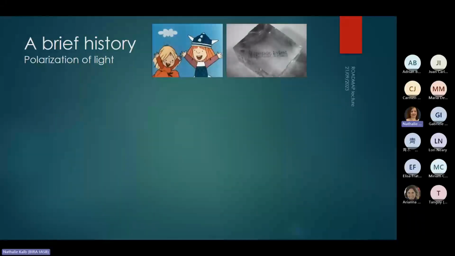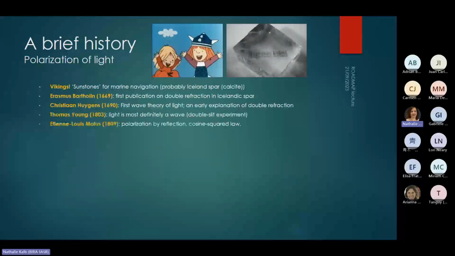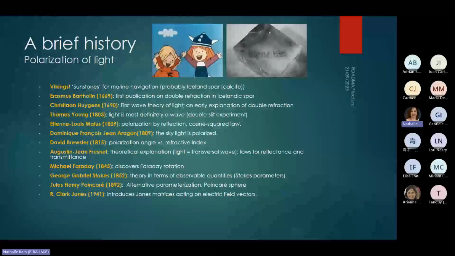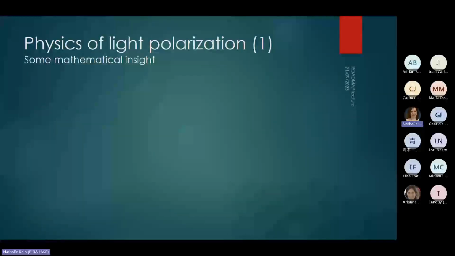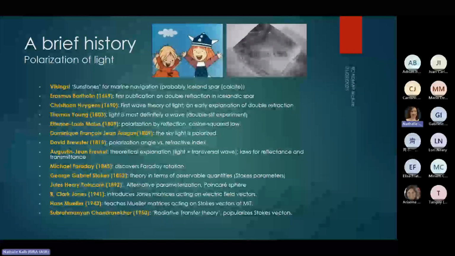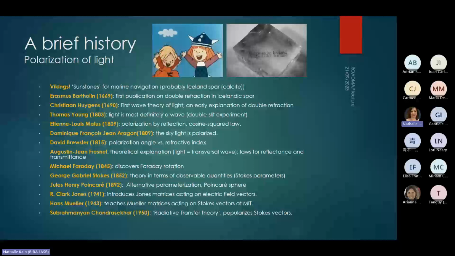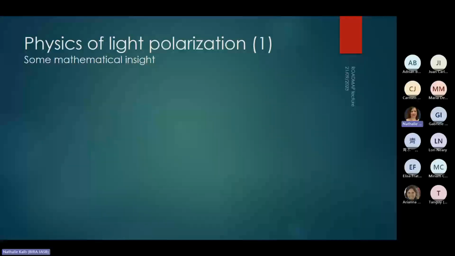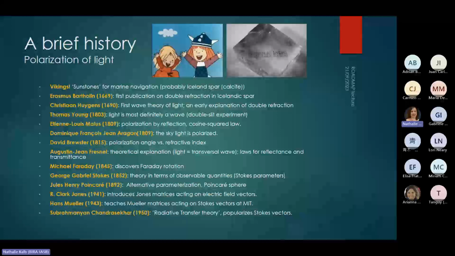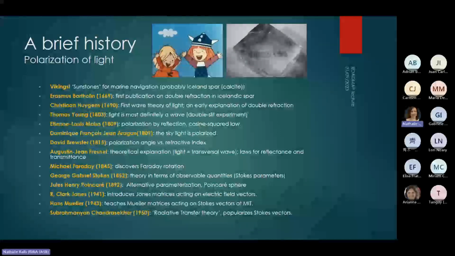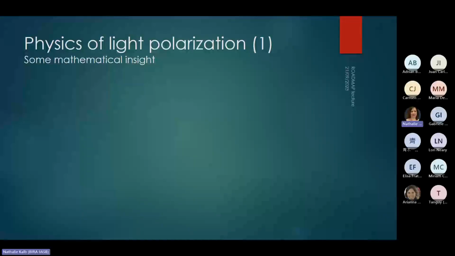Brief history. It starts with the Vikings. I'm not going to show this slide. It's too much, really. It starts with the Vikings. It ends with Chandrasekhar in the 50s. This is an example of a birefringent material. It's Icelandic spar. There is a mine on the east coast of Iceland that still produces these kinds of crystals. It's birefringent. It played a very huge role in the development of science in the West. But anyway, I'm not going to discuss the